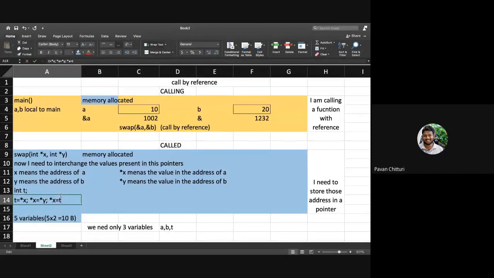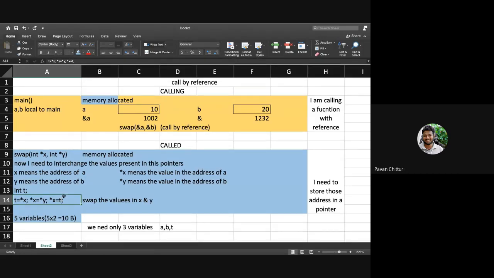These are the three instructions which will make you swap the values in x and y. This is what you need to write inside the swap function to interchange the values of a and b.